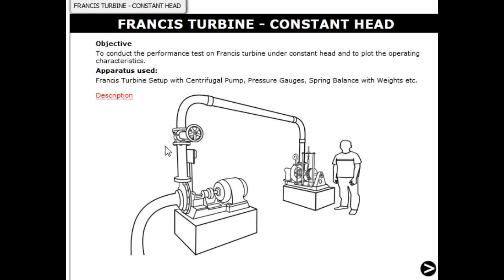Then we can see an on and off switchboard in this region, and there is a valve to control the head supplied to the Francis turbine. There is a pressure gauge and there is a brake drum dynamometer which will give us the shaft power coming out from the Francis turbine. Francis turbine is a power generating device, so we should know how it performs at varying loads, say 2 kg, 3 kg, like increasing loads, and what power output we get from the Francis turbine.